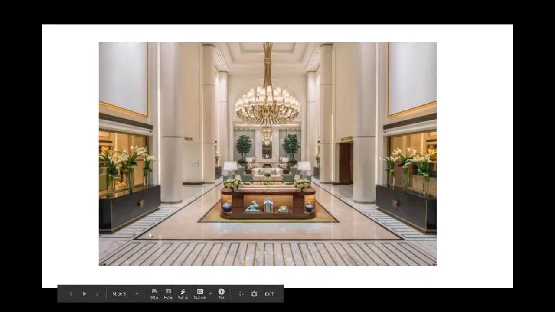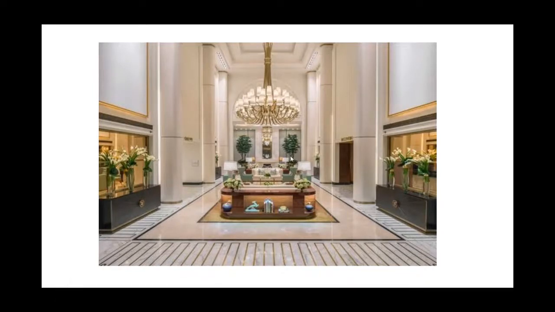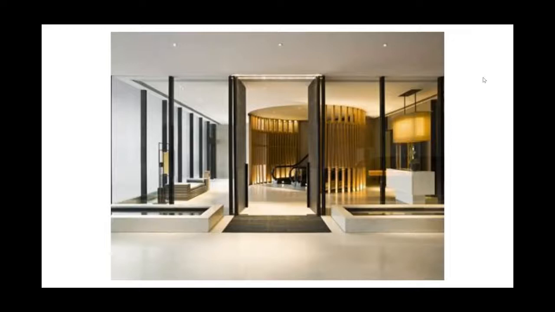With this one, you have a central lobby which directs you to different areas of the space, towards the elevator lobby, and then the rest to the reception. So this one you have